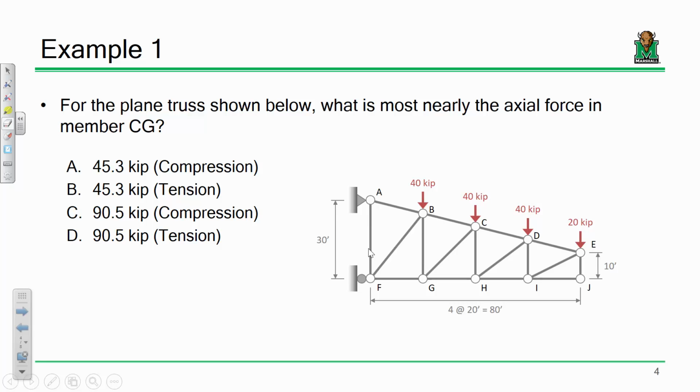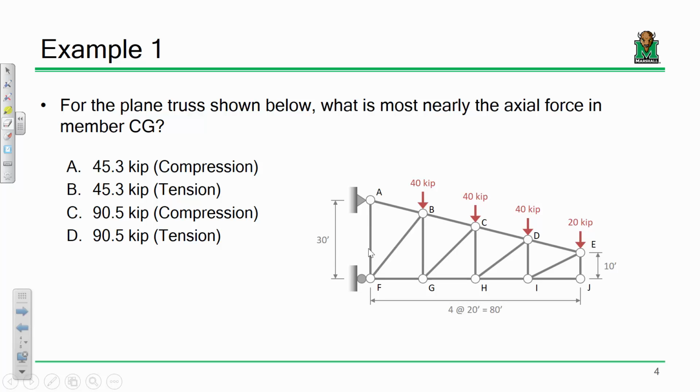Who remembers what the method of joints is? I know there's a lot of them that we shouldn't use. There we go. Let's go with sections, is that what you said? You're exactly right, okay? The purpose of this problem is to get you thinking about structural analysis again, but it's